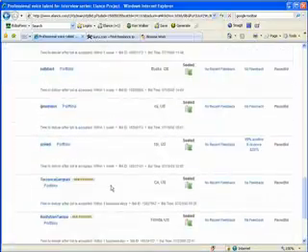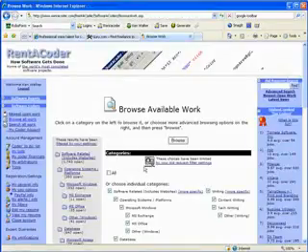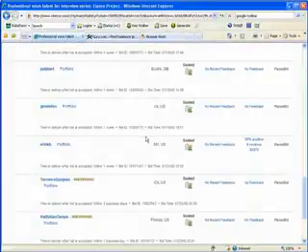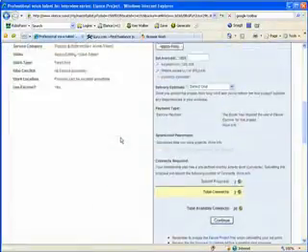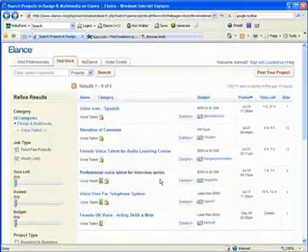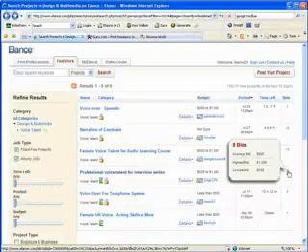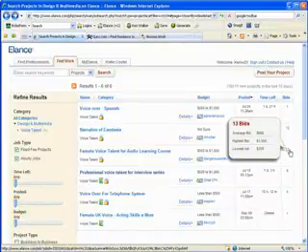And what that means is that you can't see how much people are bidding. That's really the way that it works on most of the other sites, like on Rent-A-Coder, for example. You can't see what other people are bidding. But, however, we did go back here, and here's the same job, and I'm hovering over the number of bids, and it is showing me the average bid, and that is insane. It is doing that for